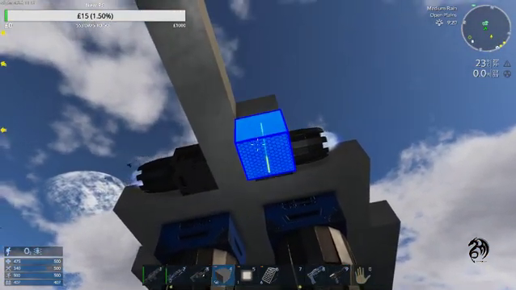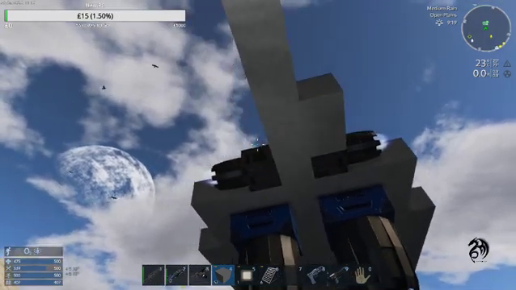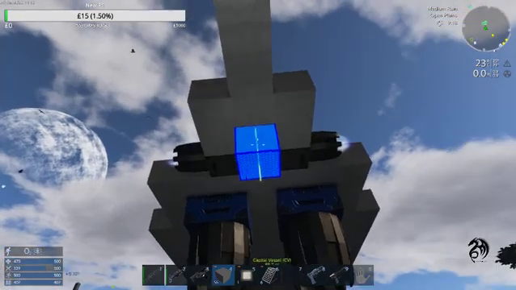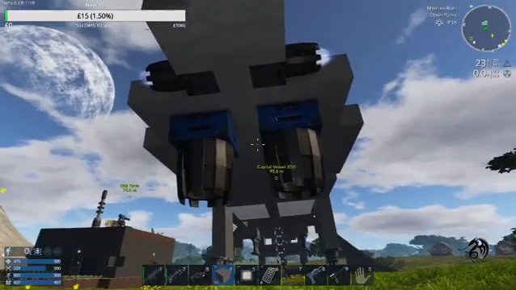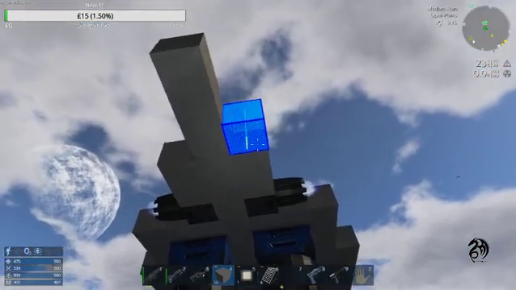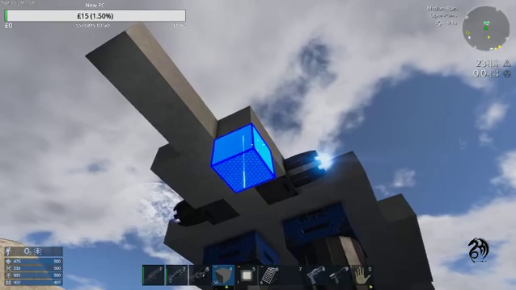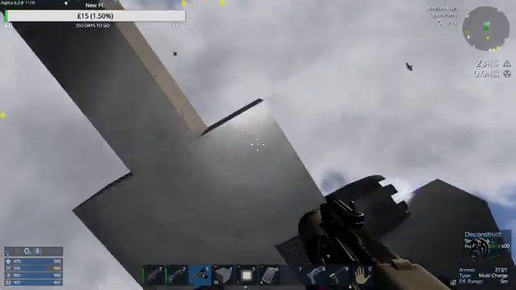So you're going to put that one in there, and you're going to put that one in. So you can put in 2 more on each side. Okay, so that's up, left and right. Now, you're going to want forward and backward. I would actually say you can get away with